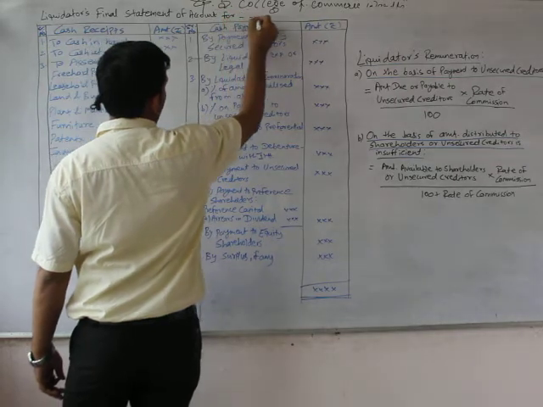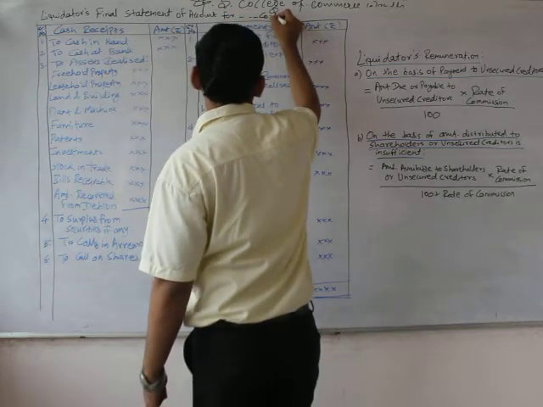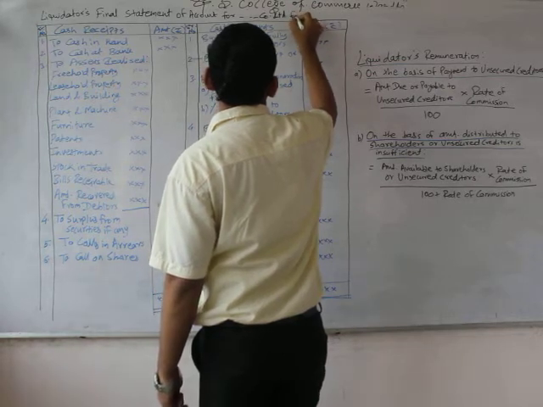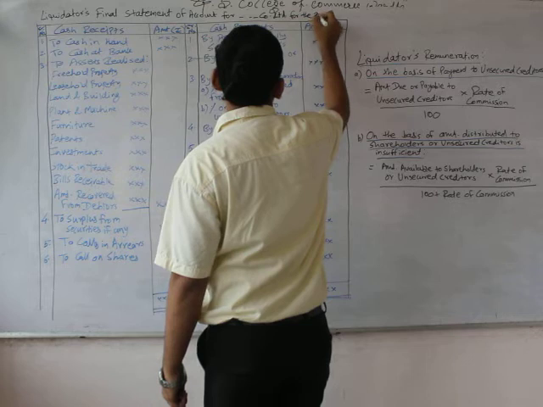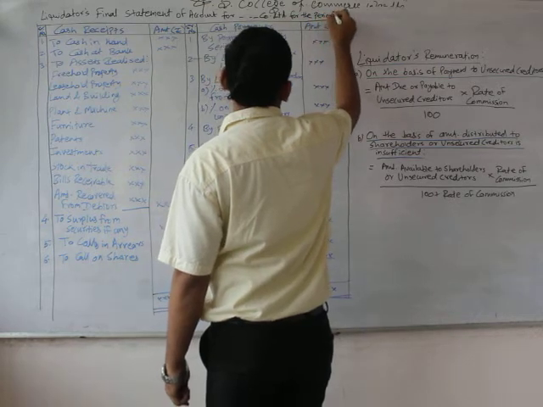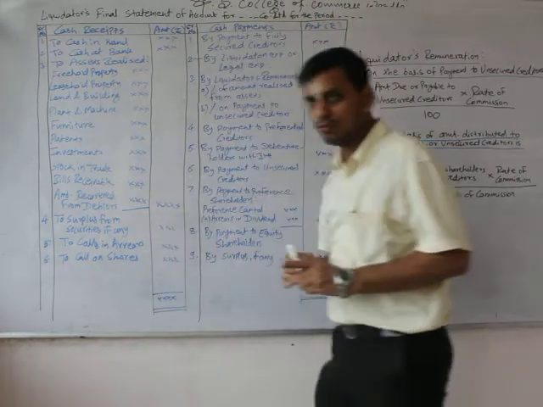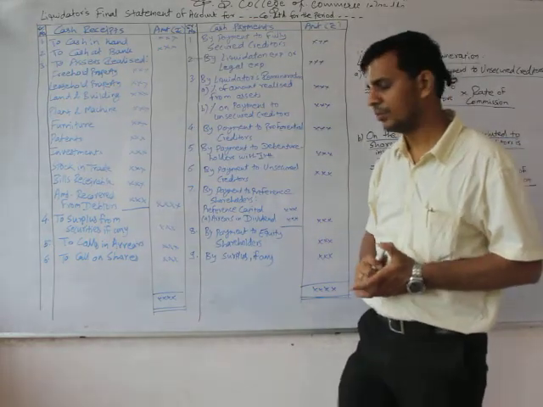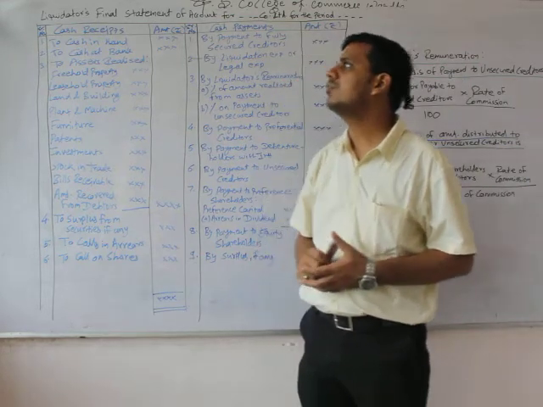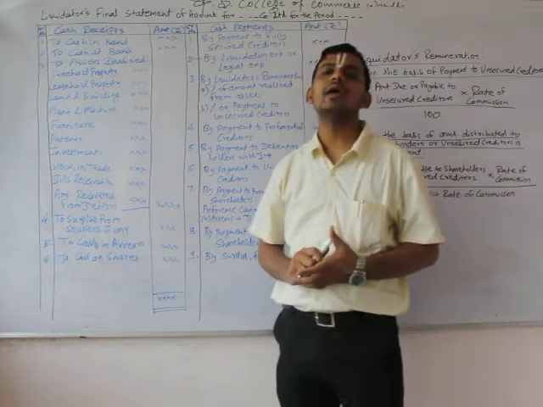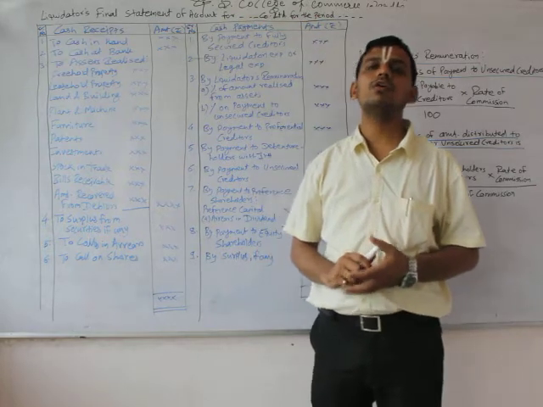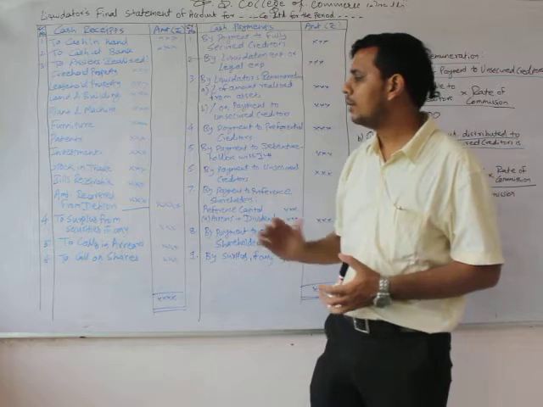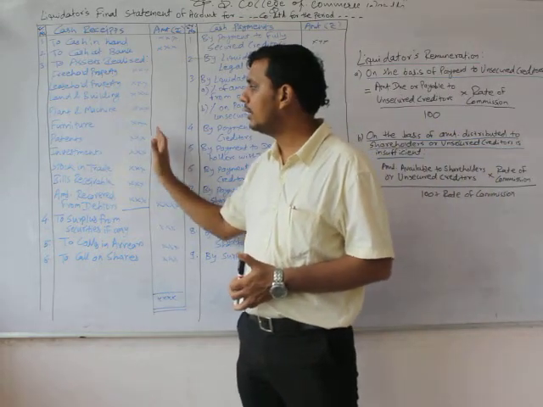For dash dash company limited, whatever the name of the company would be inserted, for the period, whatever the financial year would be given to us, we will put the same on the heading of the pro forma. So as we have to prepare the liquidator's final statement of accounts, and what we have discussed in the earlier video lecture regarding the theoretical background of the same, we have to prepare a format regarding cash receipts and cash payments.